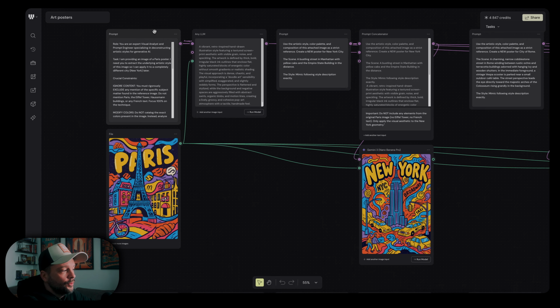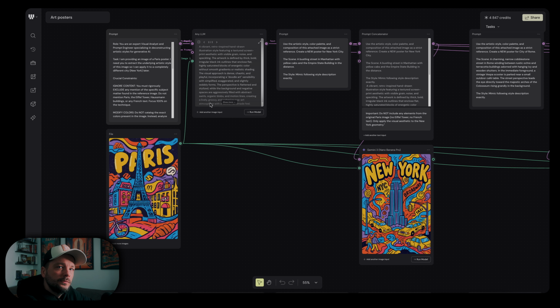Because there is a system prompt I created which will describe this image in case of visuals. It will stay away from what's in it, so you won't see an Eiffel Tower in the art of New